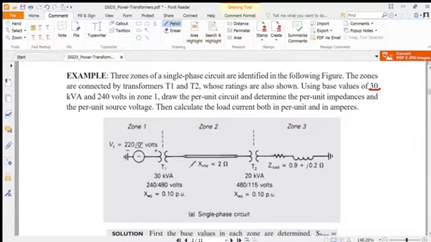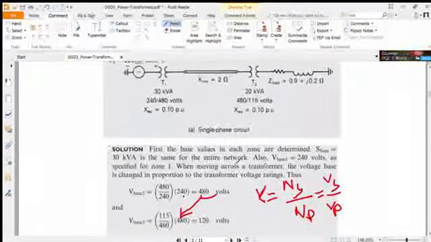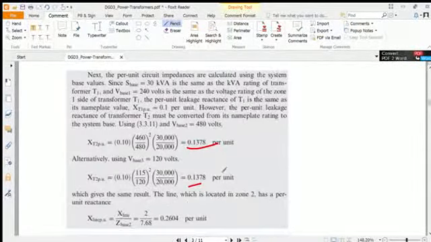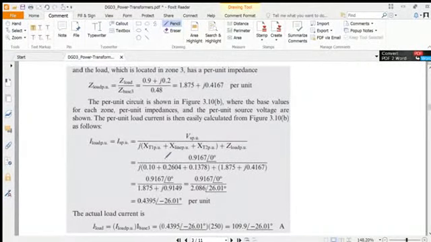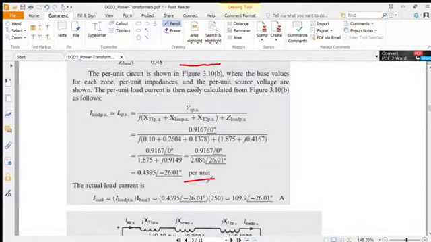All four terms are in series: this is transformer 1, this is the transmission line, this is transformer 2, and this is the load. There is no resistance here, so it is only the imaginary term, the reactance term only, and in the load you see there is a j term here. So we got this answer